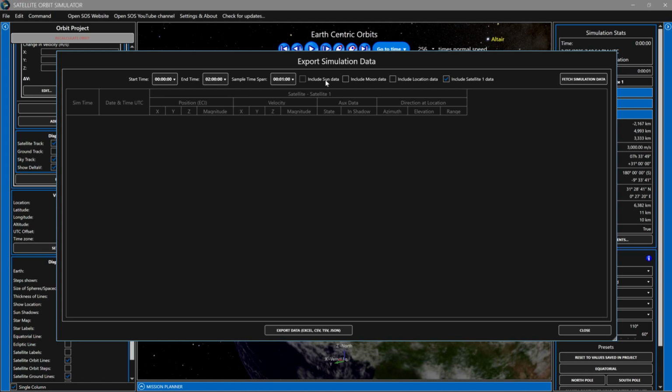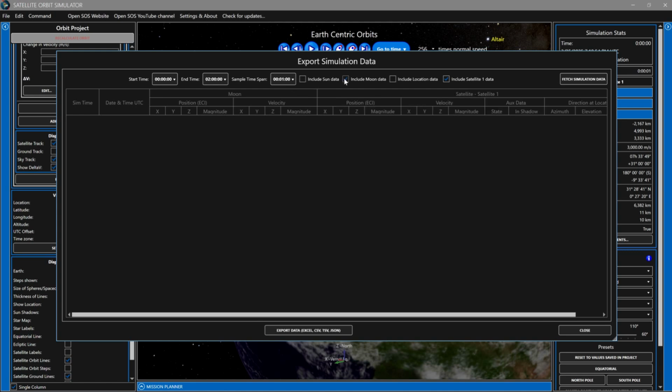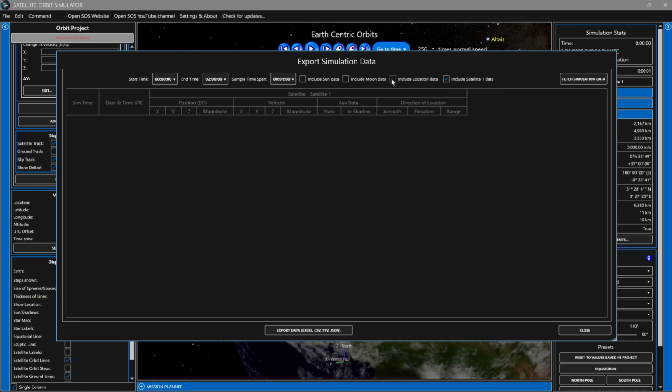Note that you can include data for the position and velocity of the Sun and Moon in ECI coordinates. Also, you can include the ground station position in ECI coordinates. You may find uses for this information in the future, but today we'll only include information for the single satellite